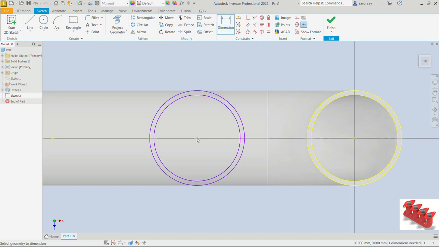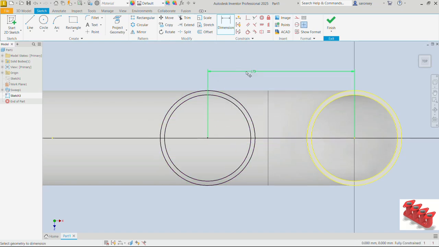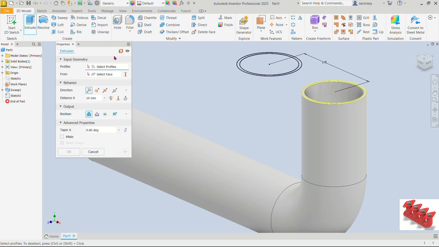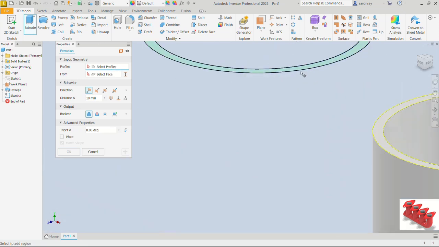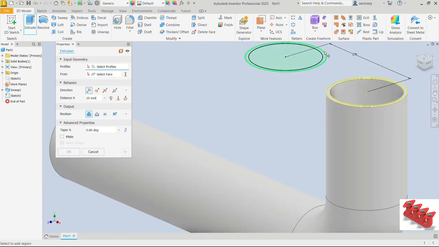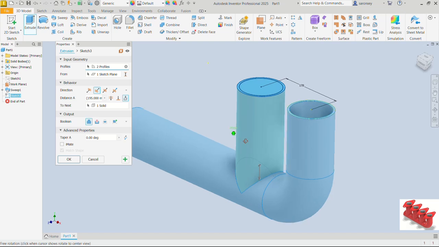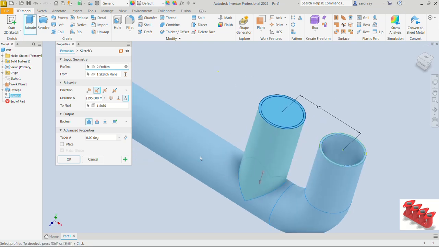We will dimension the distance between the origin and the center point of the circles we've drawn as 170 and enter. That would fully constrain the circles. Now we can finish this sketch and extrude. The extrude command. The profile we first of all want to extrude is going to be this larger circle. Make sure you are selecting that. I would reverse the direction of extrusion and define the distance of that extrusion with the option that says to next. It is going to extrude that to the next body it sees,